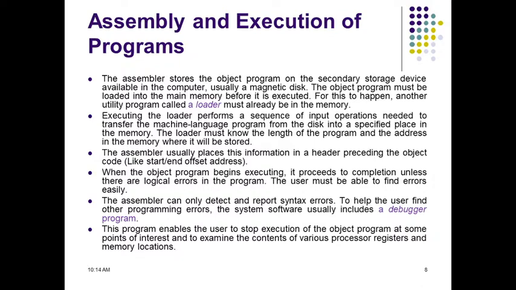Here the assembler stores the object program on a magnetic disk. Magnetic disk means secondary storage, you can consider it a secondary storage device, right? So normally the assembler will store the object program on the magnetic disk. The object program must be loaded into the memory of the computer before it is executed. So this prerequisite is very important. Before executing